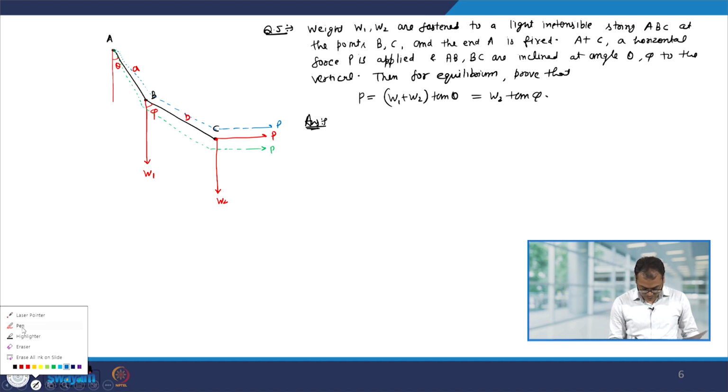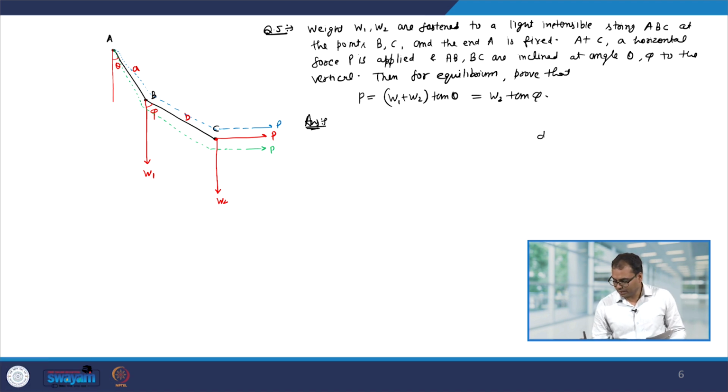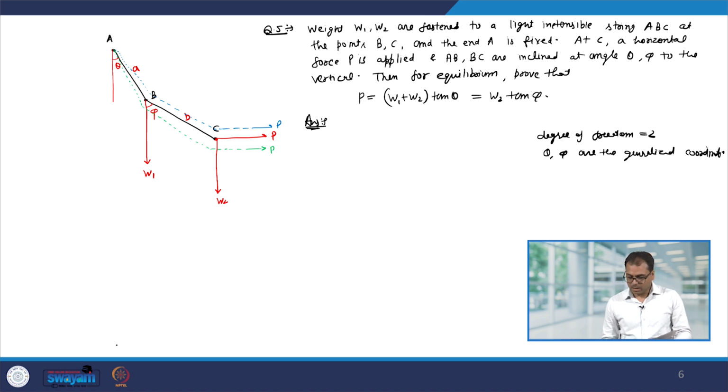Now, you can also appreciate that here the degree of freedom is 2 and theta and phi are the generalized coordinates. Now, let us write down the virtual work equation, which is delta u equal to 0. Let us say this length is x,